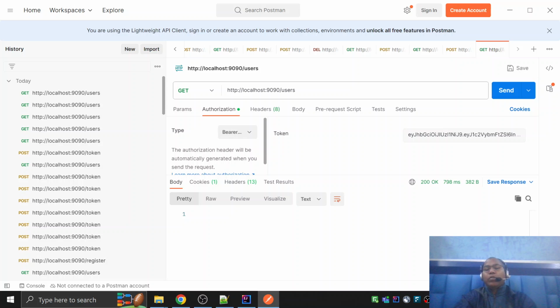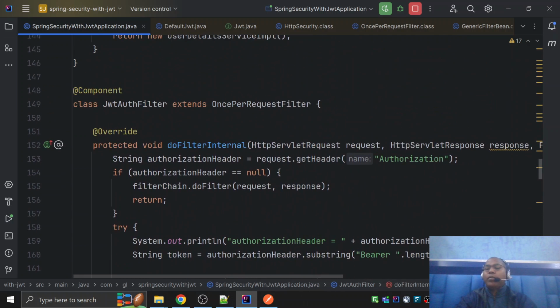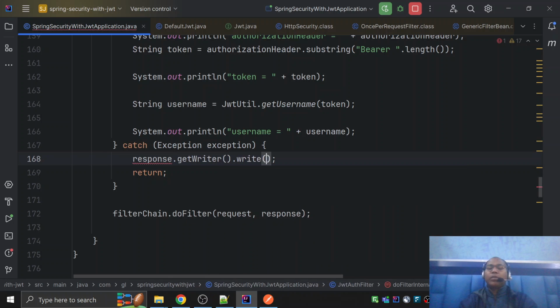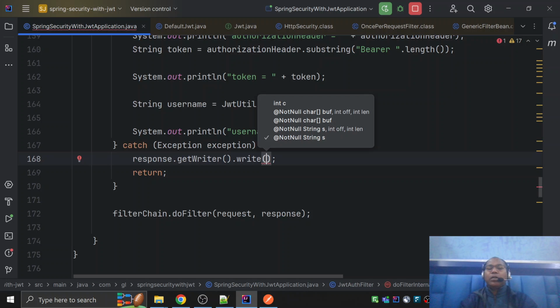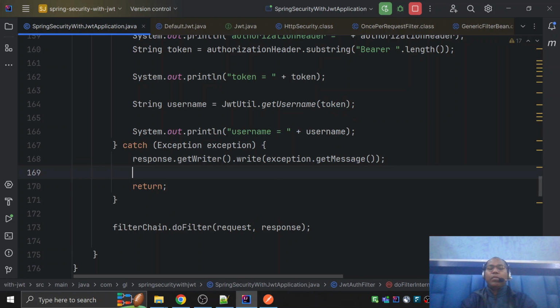Hey, here I want some response. If some error comes, then we have to use the response parameter. Hey, we have one response here. Say response dot get writer dot write something. Okay, write whatever exception dot get message. I just want to check what the message is, and after that response dot